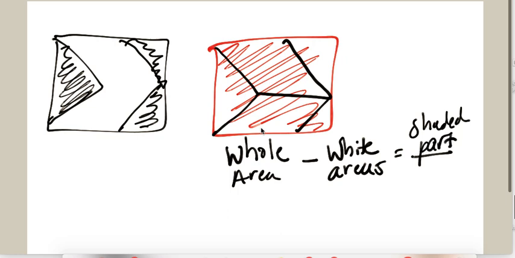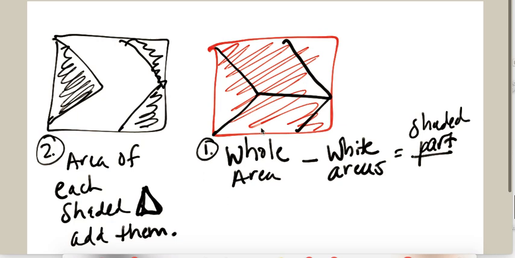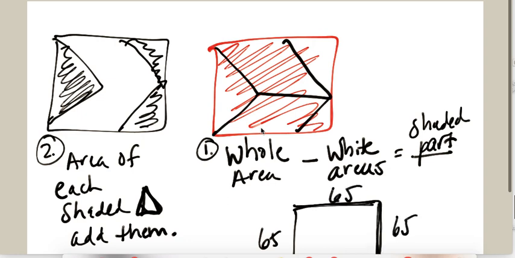That was strategy 1. And strategy 2 was where you just find the area of each shaded triangle and then add them. So whatever you think is easier for you. I will tell you on number 11, that is a square. So if this side is 65, then this whole side right here is 65. This whole side here is 65. This whole side here is 65. If you only need to know half, like from here to here, you have to figure out what is half